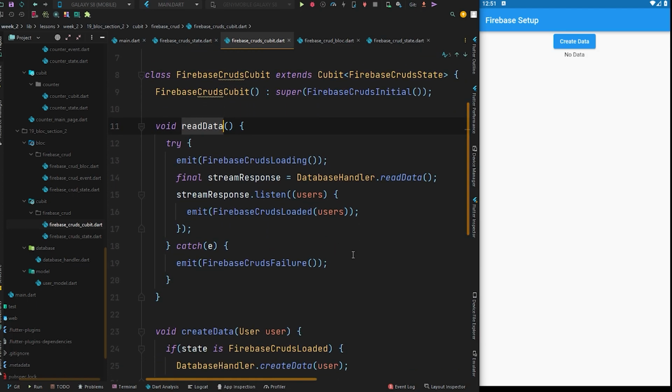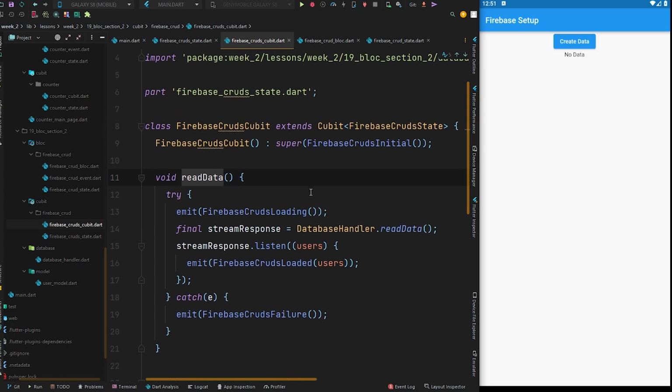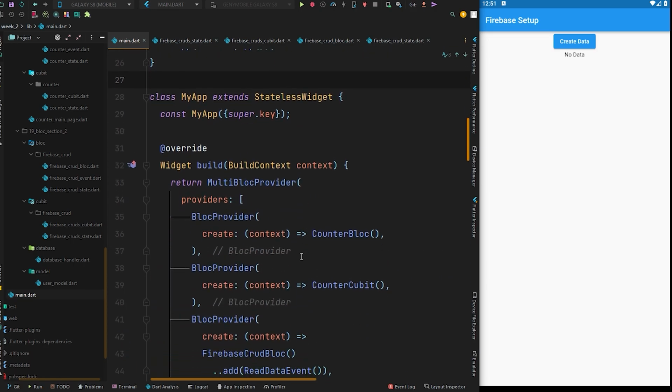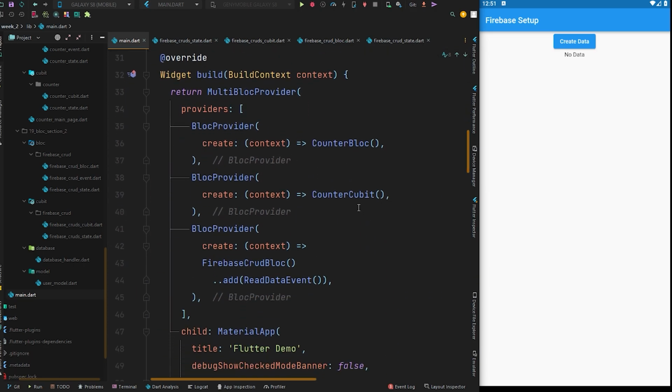So you can see the Cubit reduced a lot of boilerplate code. We don't have the events, but all of the work is managed by the Cubit. And next, after implementing this Cubit, go to your main.dart, and we know that we need to provide the